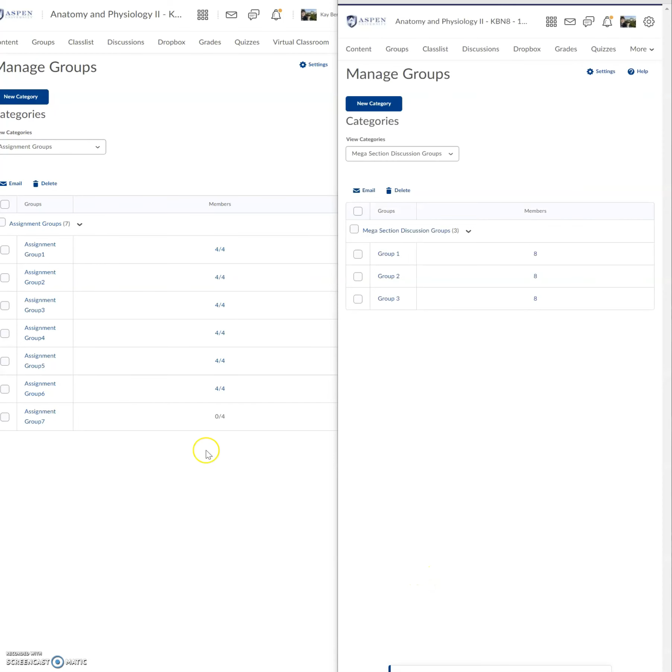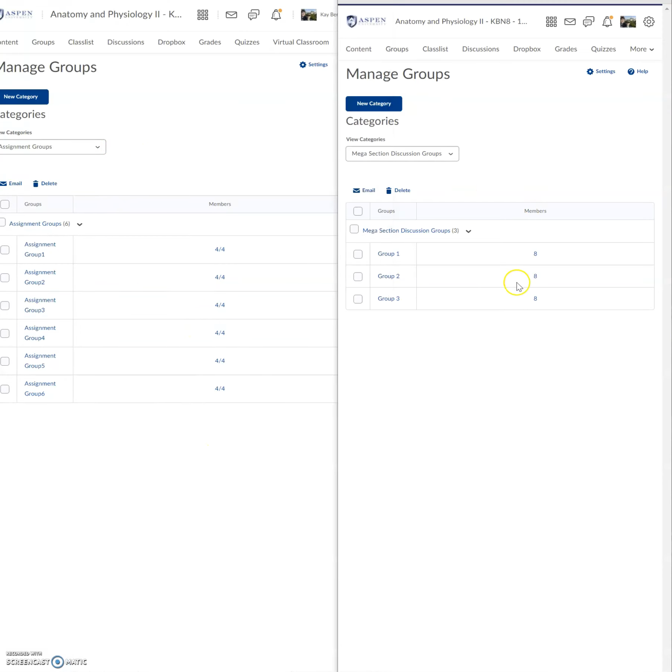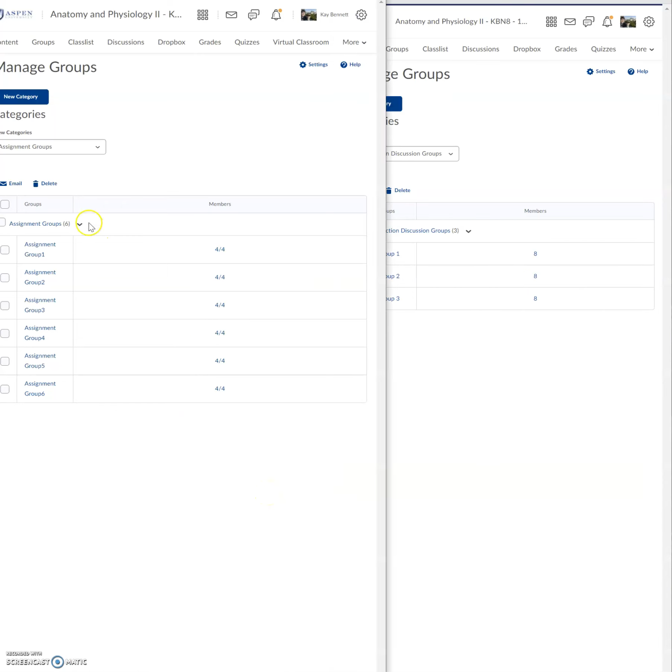The only other thing for this is that this group right here has no people, so I'm just going to delete this group. But I can add new groups if I want to break them out into 3s. I can add new groups over here if I want them in smaller discussion groups. It's all personal preference. So we can add a group here, and if you want to move anybody around, it's enroll users. Okay, that is all I do for setting up